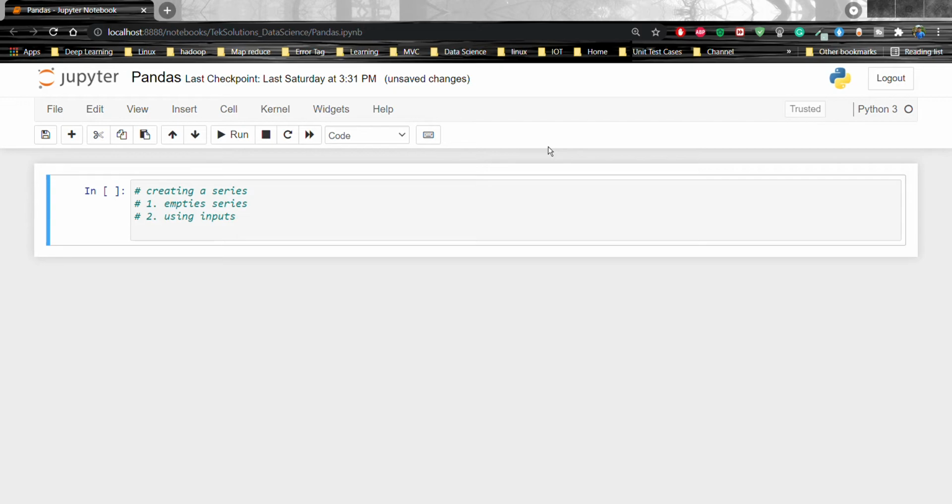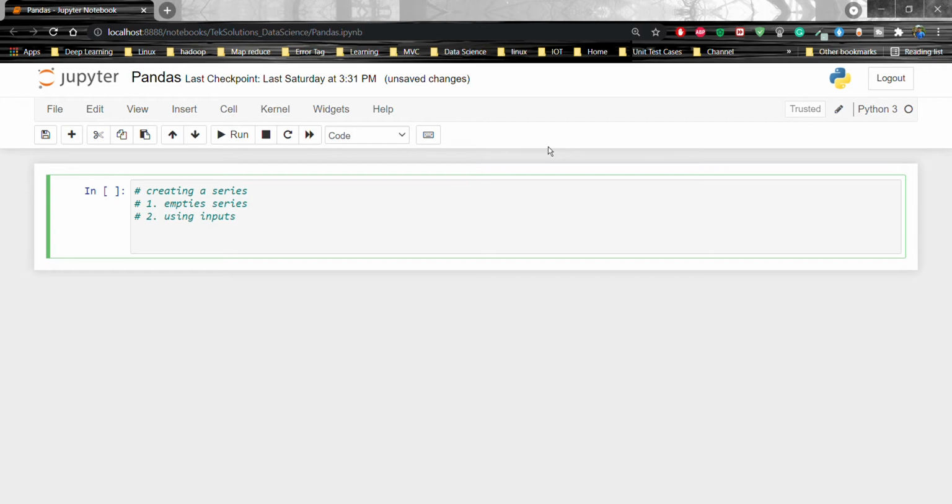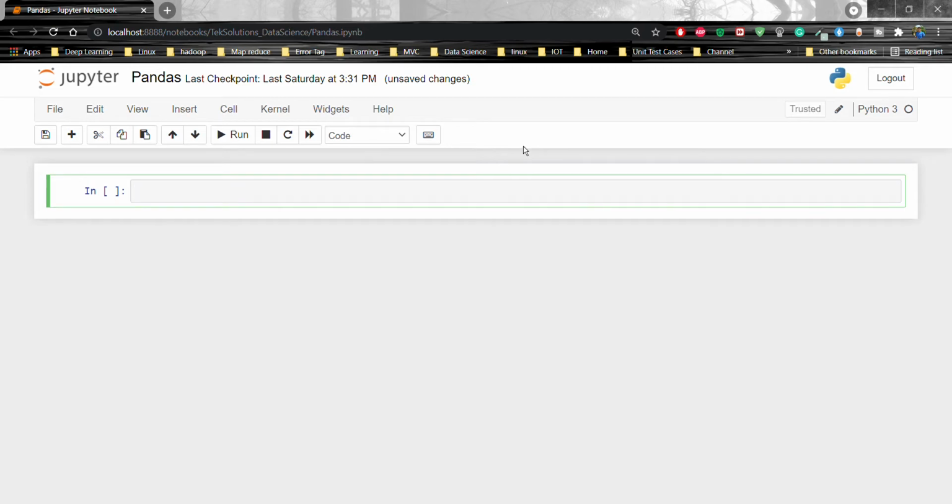We can easily create an empty series in Pandas, which means it will not have any values. So how are we going to create an empty series?